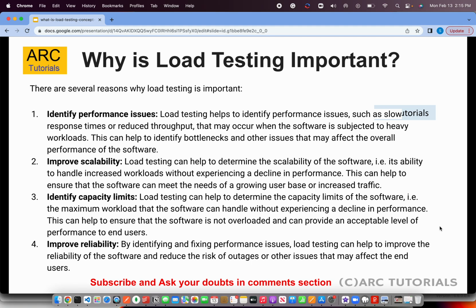Now, why is it important? Like I mentioned, any performance related issues will be identified well ahead of time when we simulate that. We put our application through a number of requests, APIs or workloads, and then we make sure that it's responding immediately in the given time frame. Load testing will definitely help us in improving the scalability. Once your user base or the traffic to the application increases, it would be in a much better position